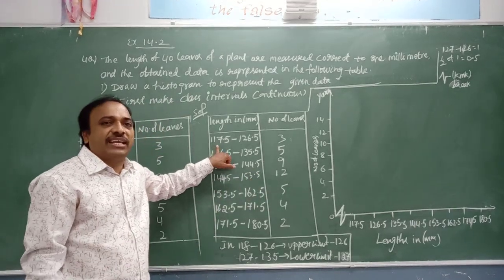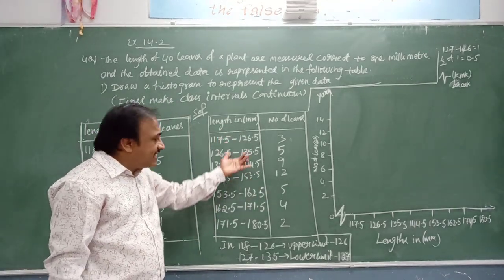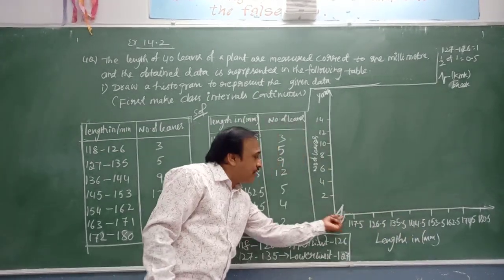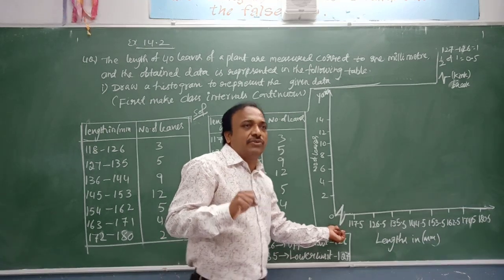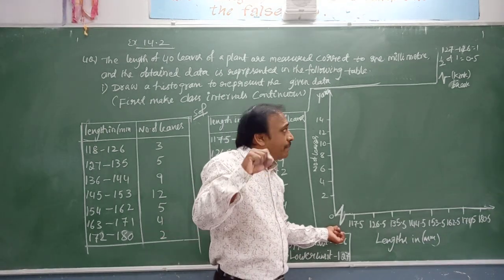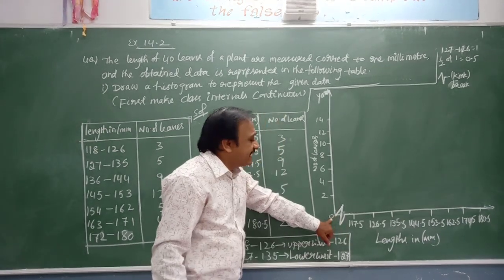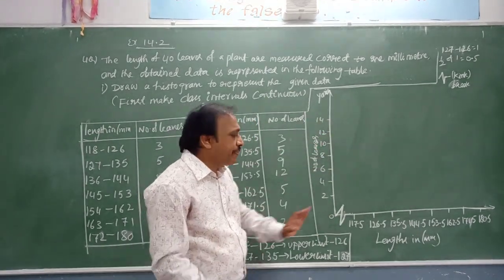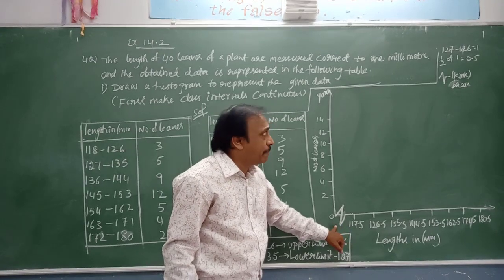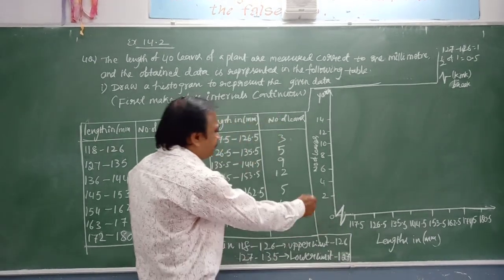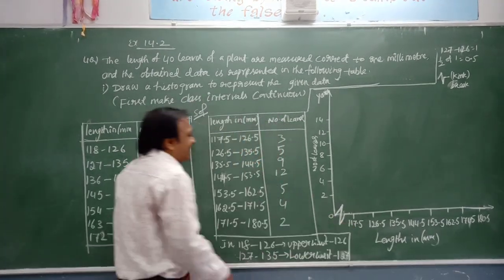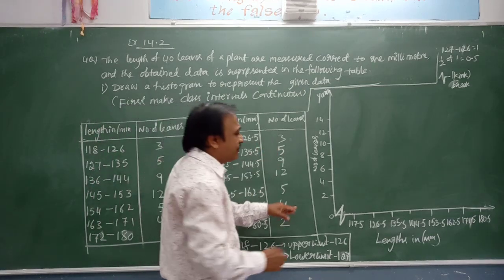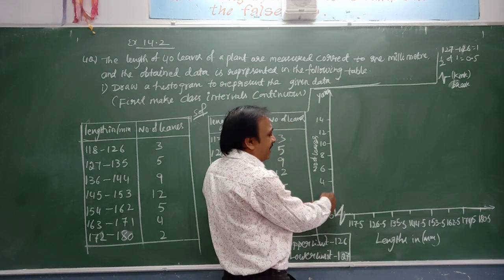In the given data, directly the values start from 117.5, and the class size is the same from the next value onwards. So those values were not shown. That is the reason we are using a jog or kink or break line. Now on the y-axis we took the frequencies, that is the number of leaves. I hope you understood why we are using the break line. Now for 117.5 to 126.5, how many leaves do we have? 3 leaves. So 3 will come exactly between 2 and 4.